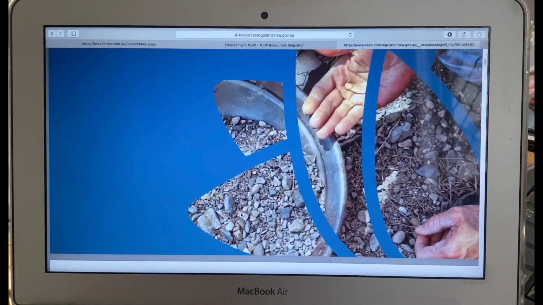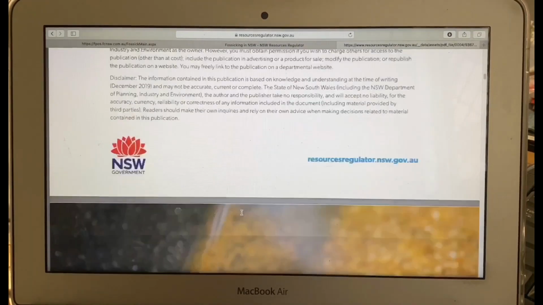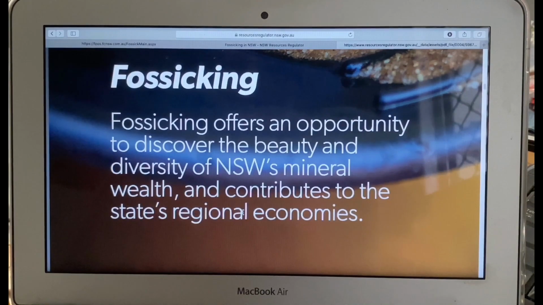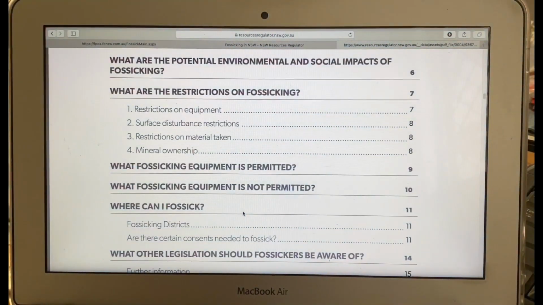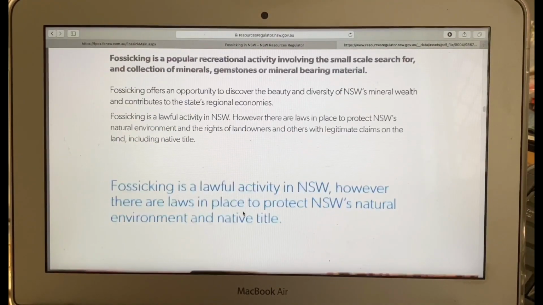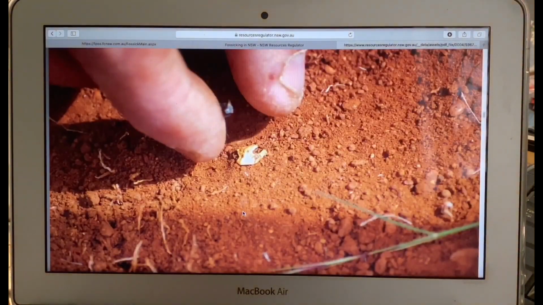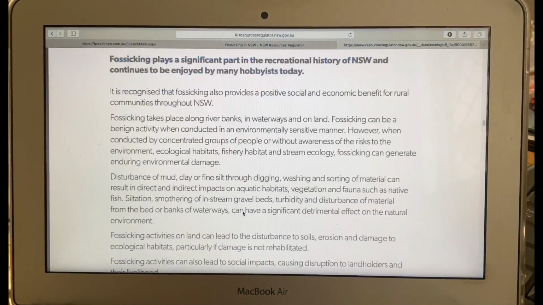So this guide to Fossicking in New South Wales covers a number of things. It might seem boring, but in the case of if you're going to get a fine, ignorance of the law is not an excuse. So this covers things, any restrictions on equipment, surface disturbances restrictions, the amount of material that you can take out,